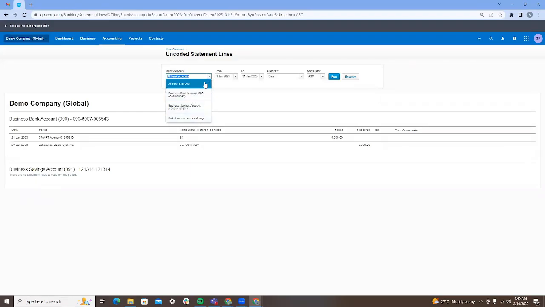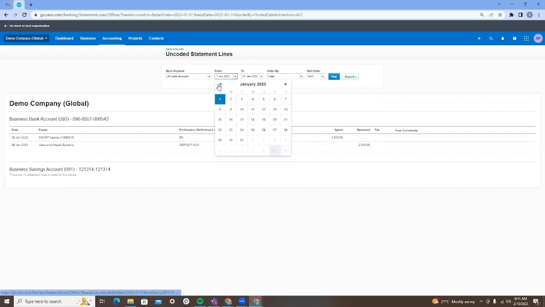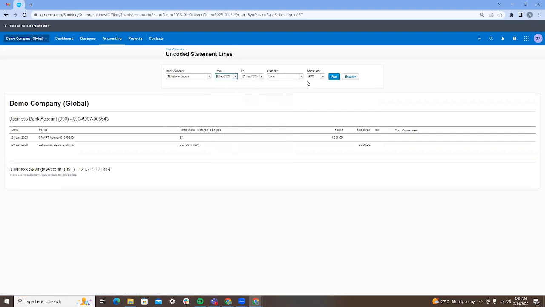The default is it will show all the bank accounts, and then you can adjust the date. Say you know that you reconciled from January 2022, or say it's July 2022, whatever it is, you can adjust the date and just run it.